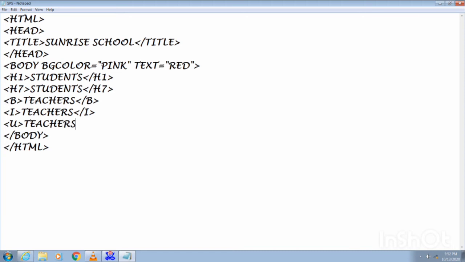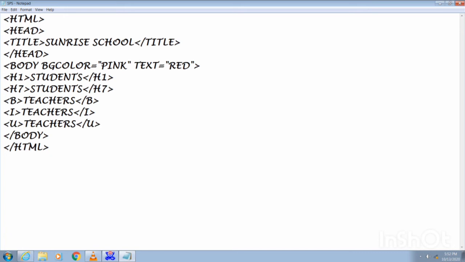This is the closing tag of U. Now my text will be bold, italic and underlined. I can use all these tags together. It means I can use the bold, italic and underline tags for the same text all together.